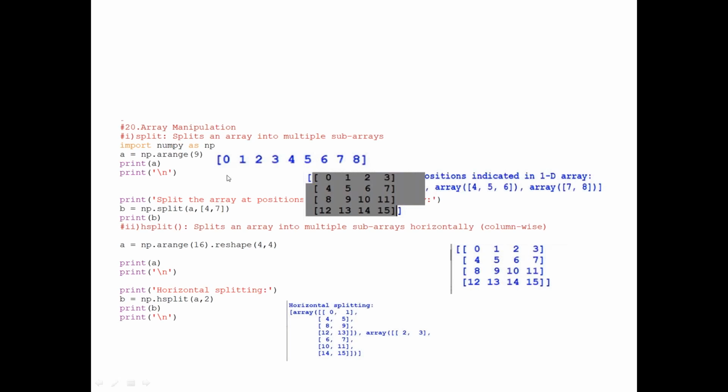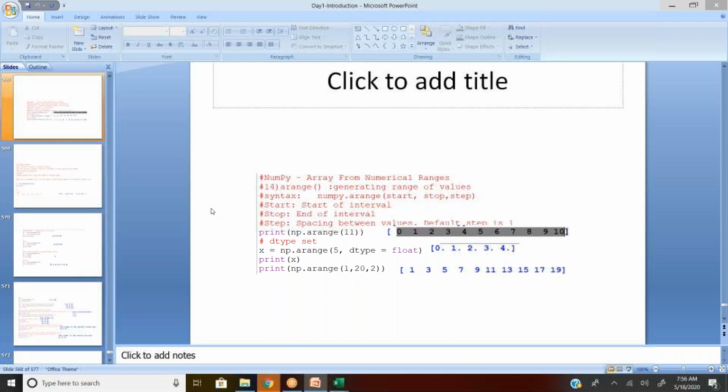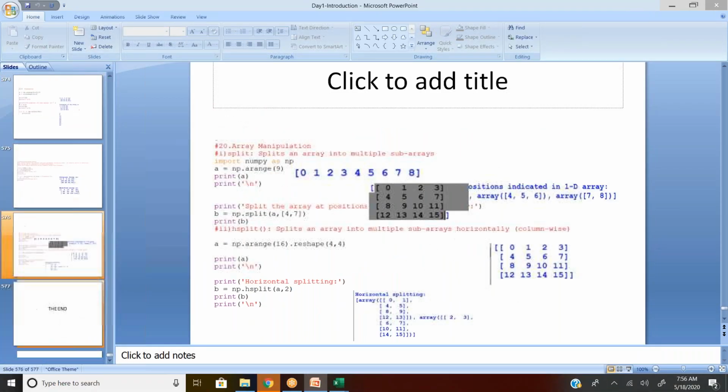How are we getting this data? I want the entire data, 0 to 8. My first split has to happen at the value 4, and my second split has to happen at the value 7. So this array I want to split into 3 different lists. Wherever you find the first 4, split it there, and wherever you find the 7, split it again there. So the system is going to create a one dimension array with 1 row and 3 columns.